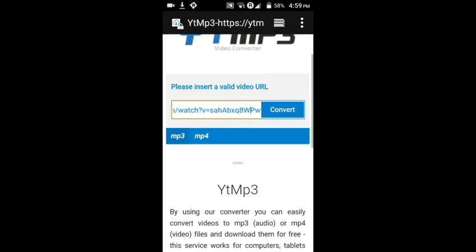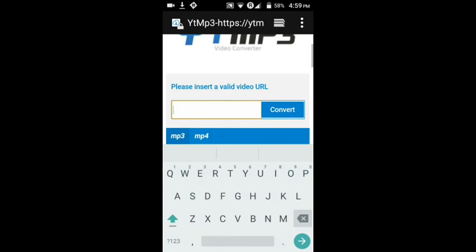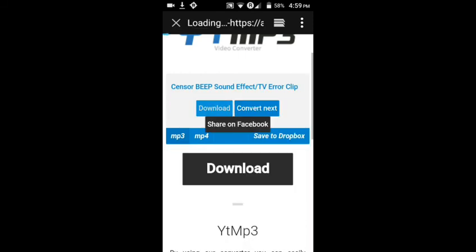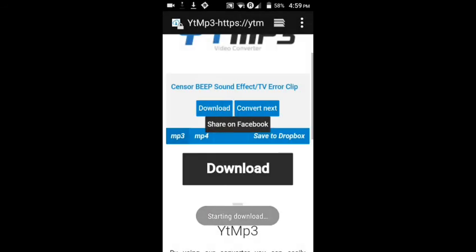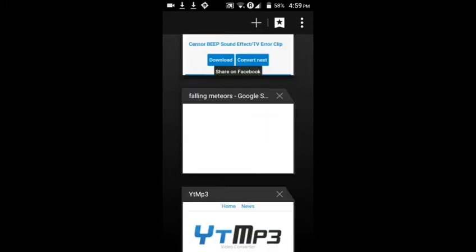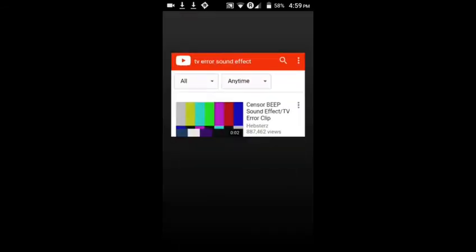like that, just delete all of that stuff, and there it is, convert, and download it, and it will totally finish in no seconds. I mean, no minute. Yes, so it downloads so fast that you barely even see how fast it is. So yeah, that is how it works.